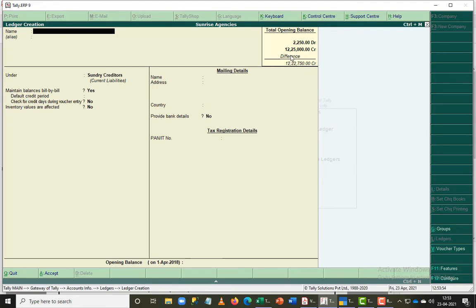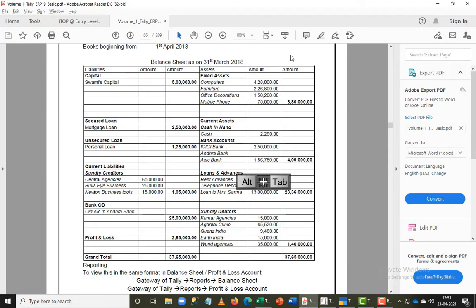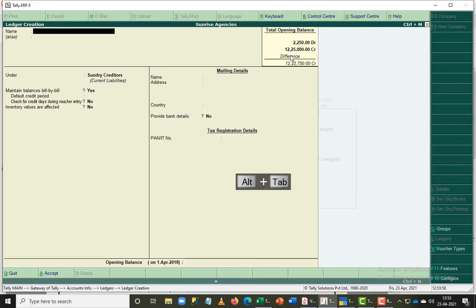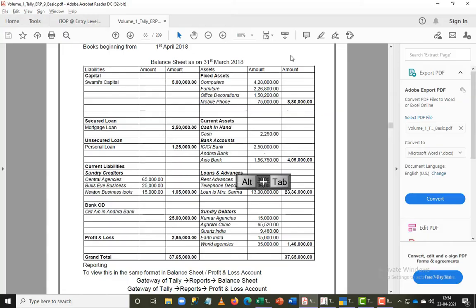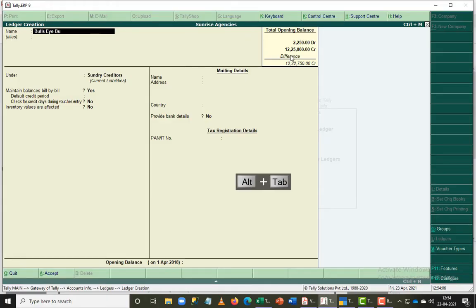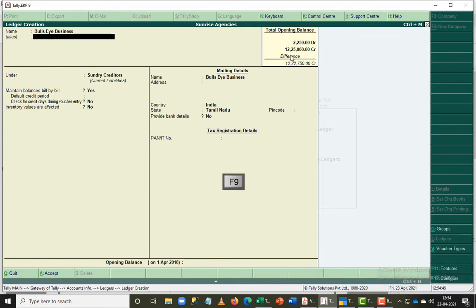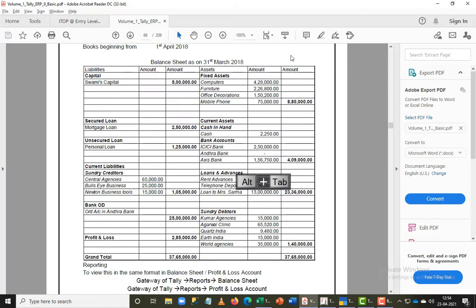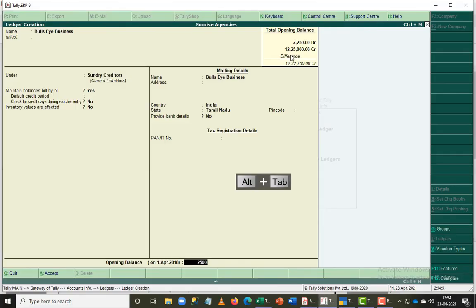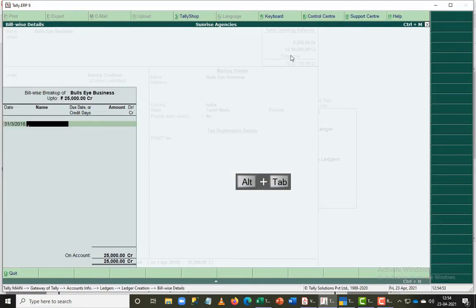There is a screen popped up for us for bill-wise details. I'm not going to concentrate on that at the moment, so I'm going to leave it there, but later on we will come to what it is all about and how it's going to work for us. So when I come down here, I'll go back to the last line and continue with the values here. And this is the screen that I spoke about earlier, the bill-wise details.